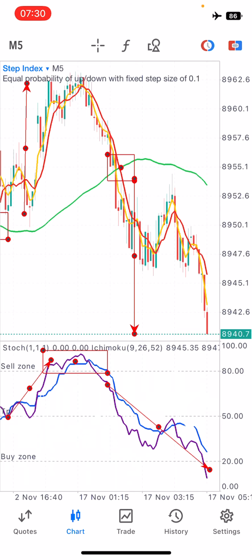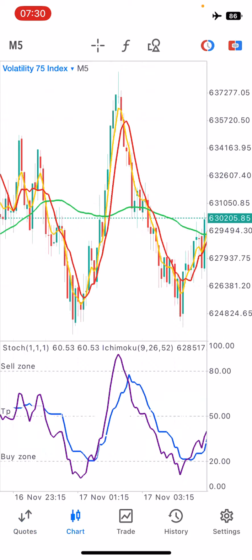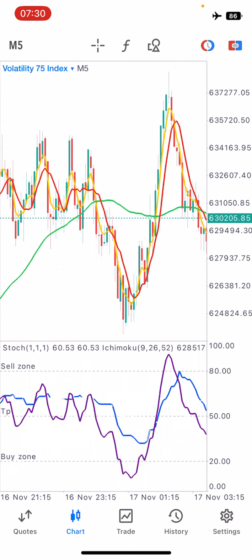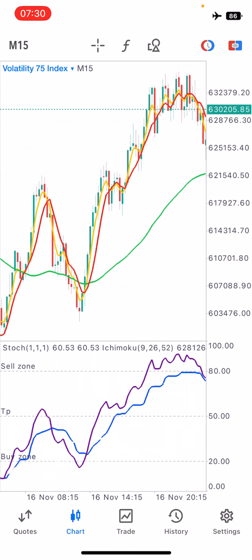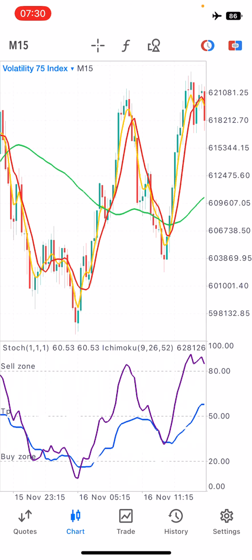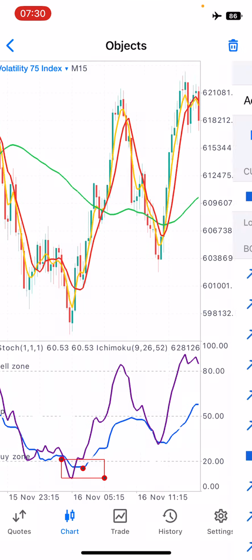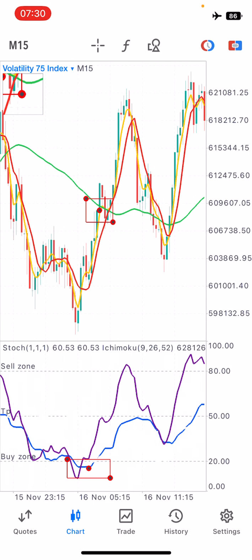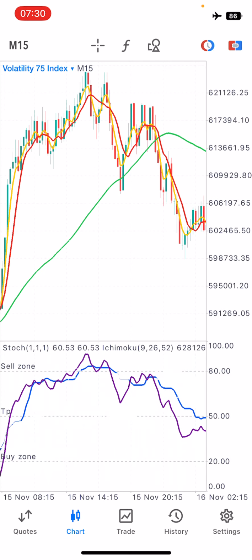Okay, let's see how it performs on V75. There's V75. Let's just work with the 15-minute time frame now. Buy opportunity, and we go all the way up. Let's just say to this point. Let's do a good trade. Sell opportunity,